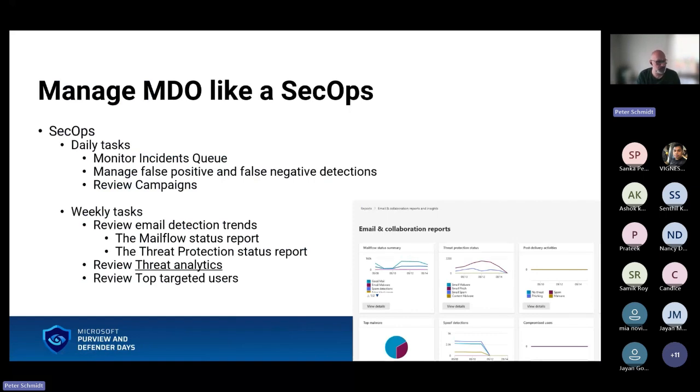So very important here is to manage the Defender for Office like a SecOps. No matter the size of your organization, if you're just a small team, still try to manage this as if you had a SecOps team. Microsoft has some guidance available in the official documentation,